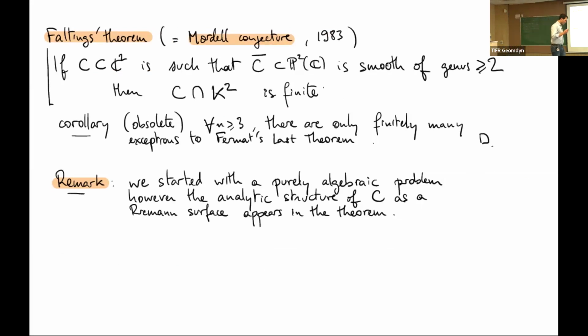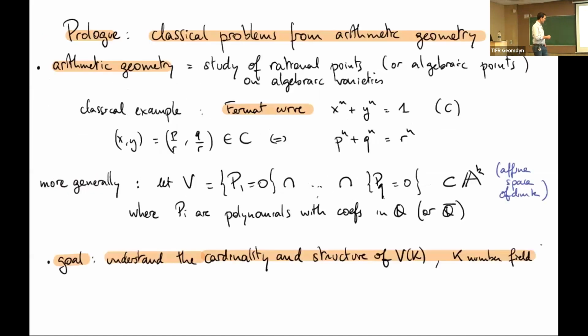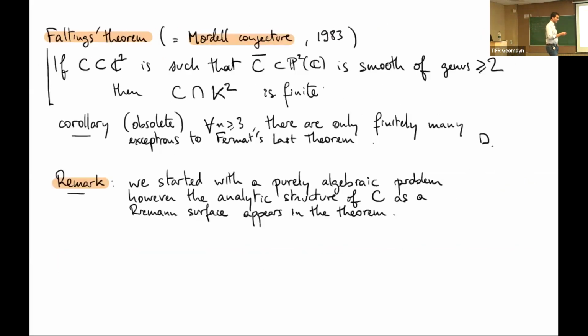Okay, so I just want to make a small remark. I already made this comment. There is something that we did here. We started with a purely algebraic problem about integers. Then we defined a certain equation, and now we view this equation as an equation over the complex numbers, and then we use the complex numbers. There's nothing extraordinary here. It's something that we do somehow unconsciously all the time. But in this talk, it will be useful from time to time to be conscious about this movement. You start with some algebraic problem, then you embed it into some bigger field, and then you use the properties of that field. So here you use the complex numbers to solve the problem.